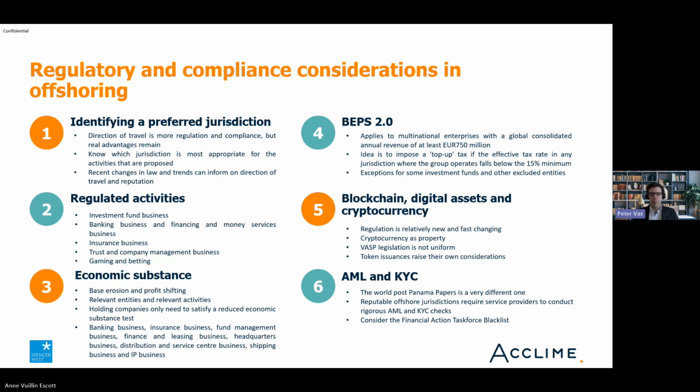Now, I'm only going to talk about BEPS 2.0 very briefly because it does not affect the vast majority of businesses, but I think this is a logical place to mention it because BEPS 2.0 effectively constitutes the second phase of the OECD's project, the first being economic substance, to combat base erosion and profit shifting. And among other things, it's designed to ensure fairer taxation and effectively imposes a global minimum tax of 15% applicable to multinational groups with a global turnover of 750 million euros or more.